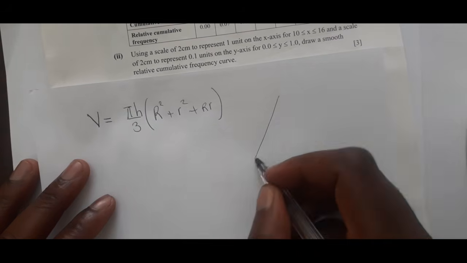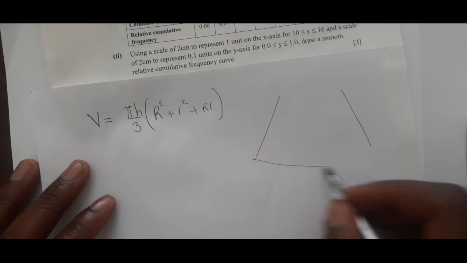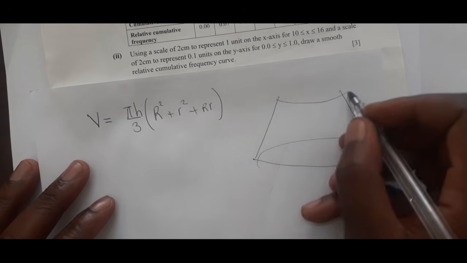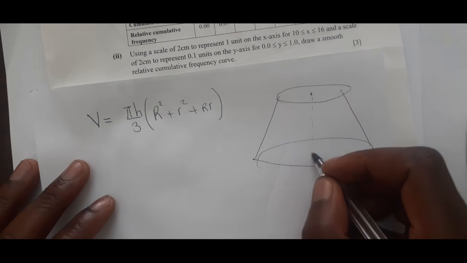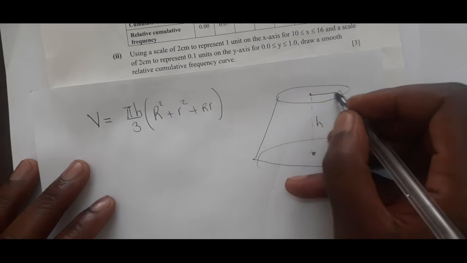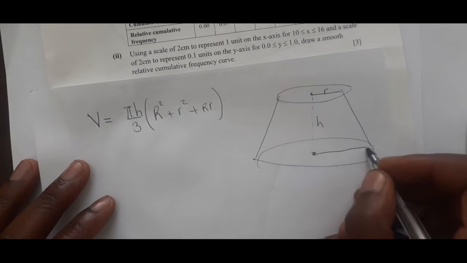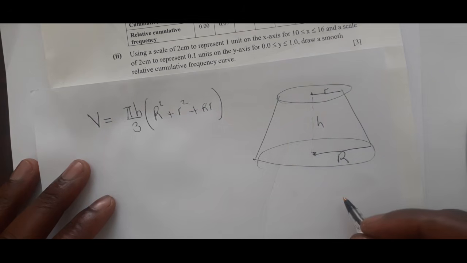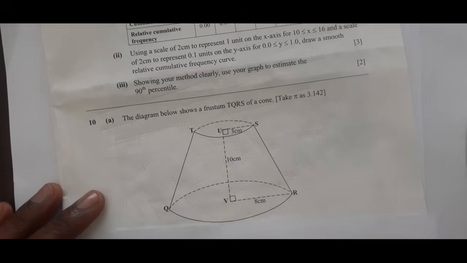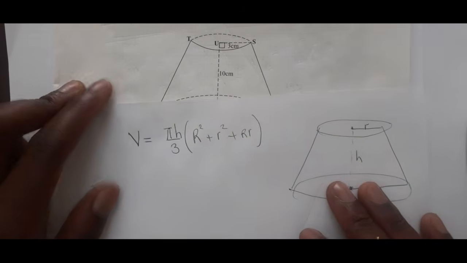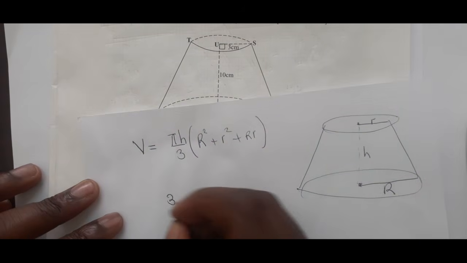Where in this case this is our H, this is our R, and this is our capital R. Okay, that's all. So now, using the information that we are given here, we have